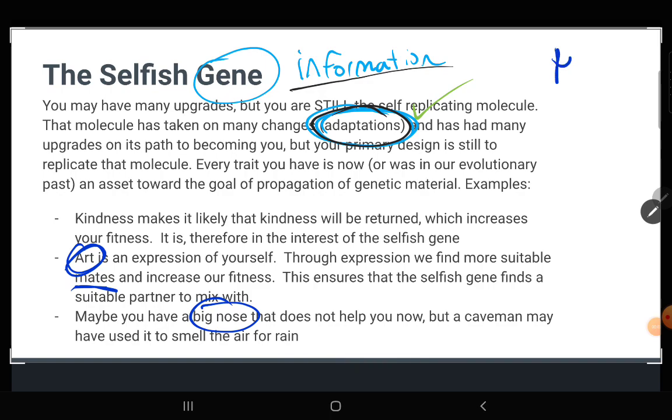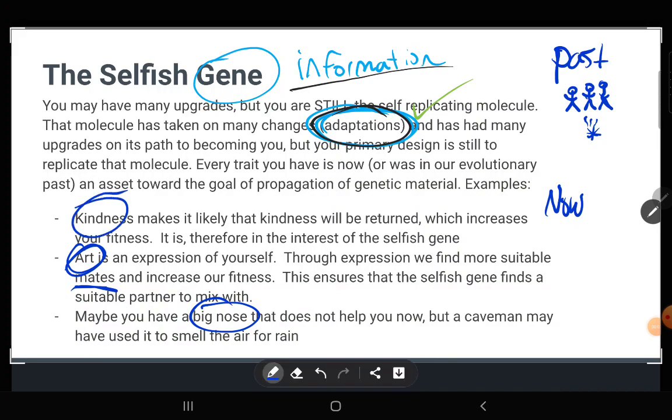It's because we have to look at the past and we have to compare it to now. In the past, we used to live in small groups around campfires. And we would travel as small groups. And so, like I said before, kindness makes a big difference when you're in small groups. Because if you help somebody, they can return the favor to you later. And so that's called reciprocation. And so it's really important to be kind to people if there's only a few people, right? You need to be able to count on your allies.